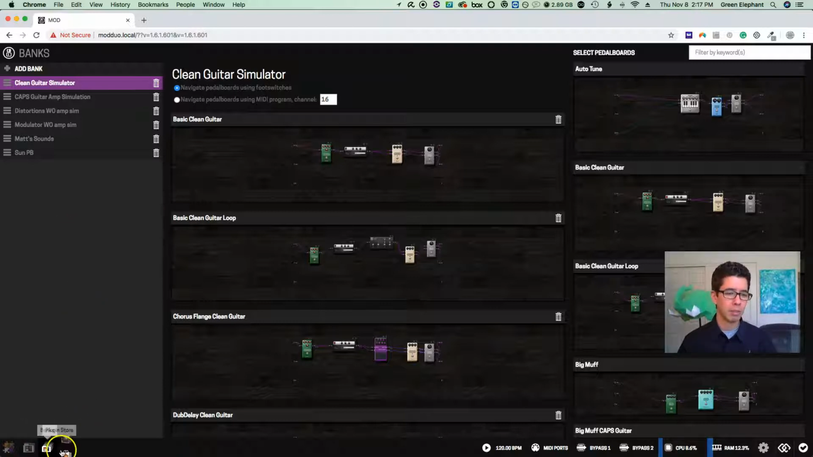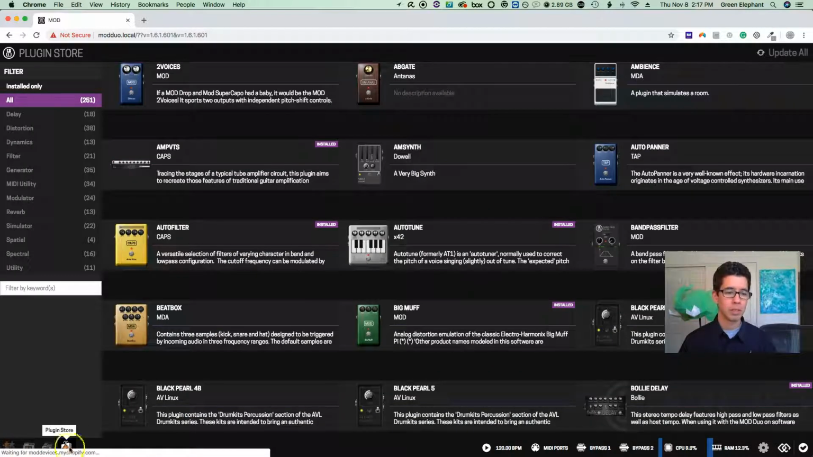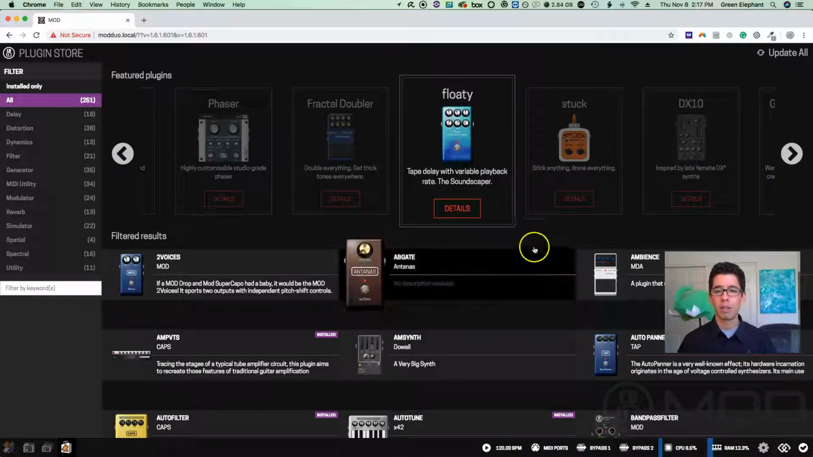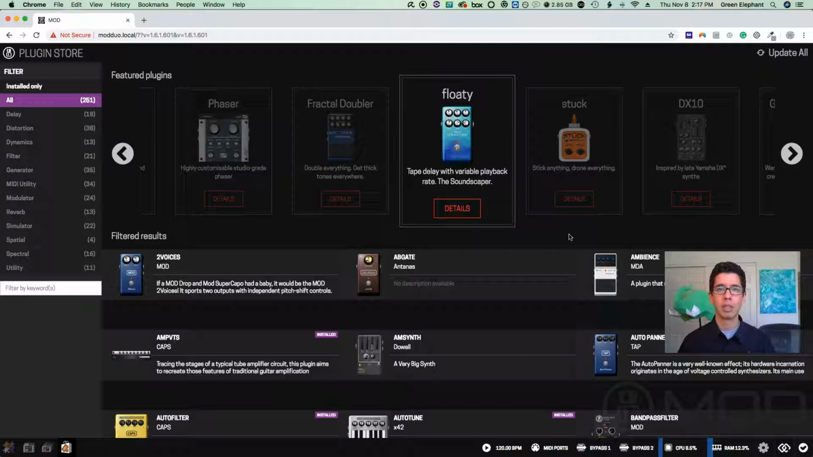All right. Back to the bottom left here, we got the plugin store. So it looks like the shopping bag. This is where you're going to find all the available plugins that you can download onto your unit. There are currently 251 plugins